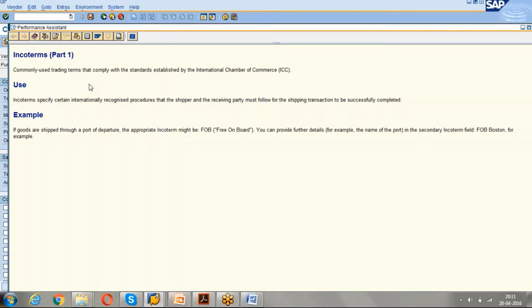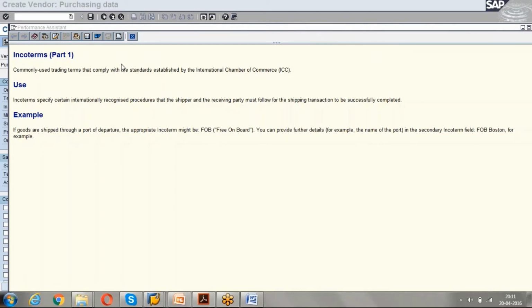And also you can see here an example they have given: if goods are shipped through a port of departure, the appropriate Incoterm might be FOB, free on board. You can provide further details, like for example the name of the port in the secondary Incoterms, FOB Boston.